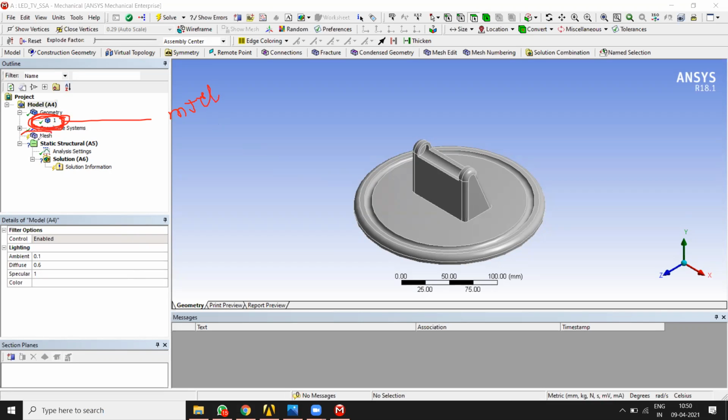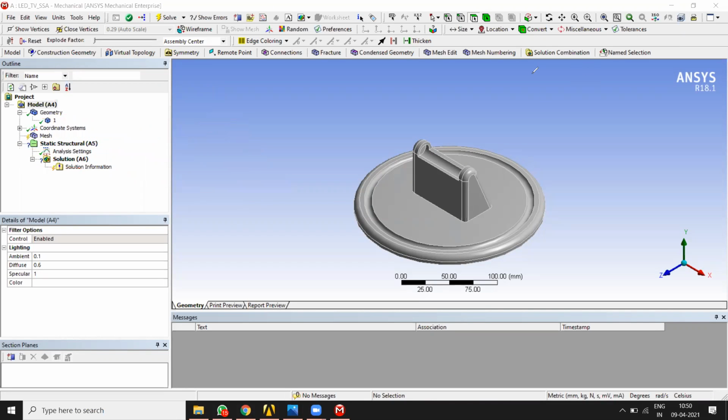Then the mesh, a meshing tool, so we will do meshing. Then here there is a question mark, static structural A5. In static structural, we are going to apply boundary conditions like load and constraint. Then in solution, that is your post-processing part, here we are going to add and evaluate various results after solving the problem. So these are the four things we are going to do here.